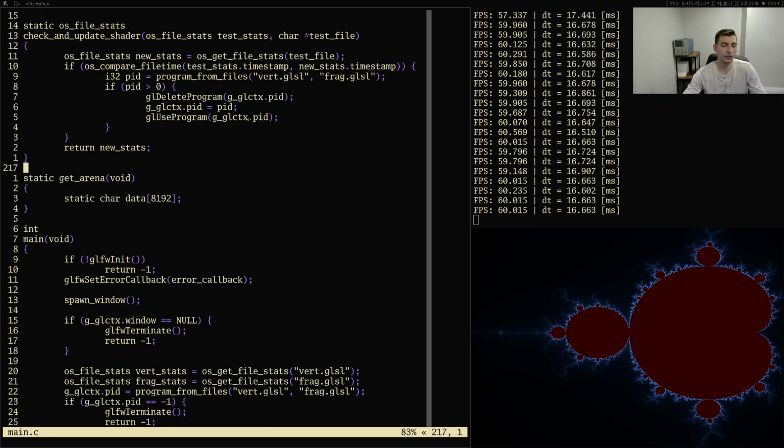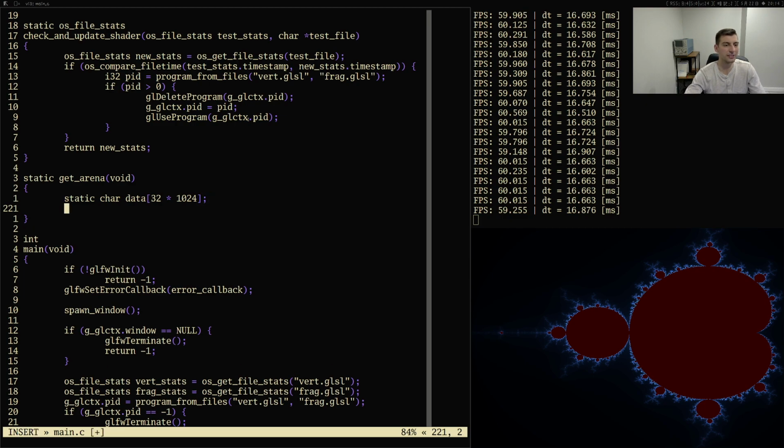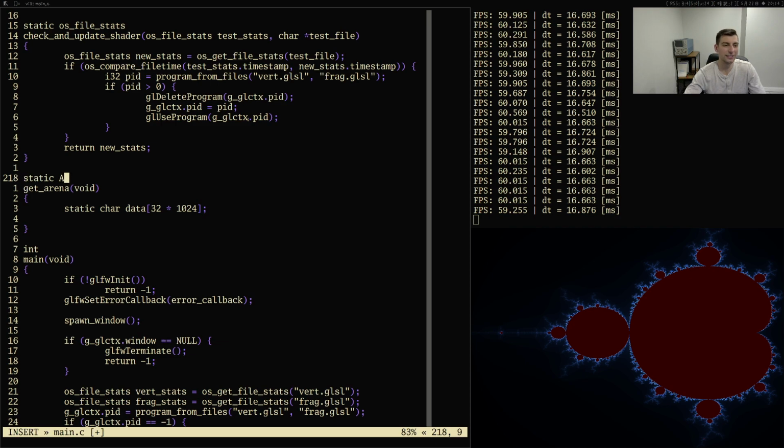So what would 32K be? It's just gonna be 32 times 1024. Don't really care about doing math. This is perfectly fine to be allocated on the stack. Don't think this will cause any problems. Also, this needs to have a return type, static arena, and then